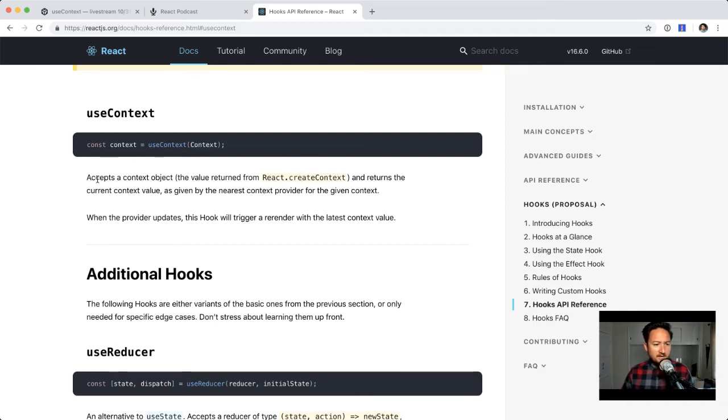So it accepts a context object, the value returned from React.createContext, and returns the current context value as given by the nearest context provider for the given context. So that's what we'll explore today: the nearest context provider, setting up multiple context providers, and just exploring. Adam made an awesome demo,